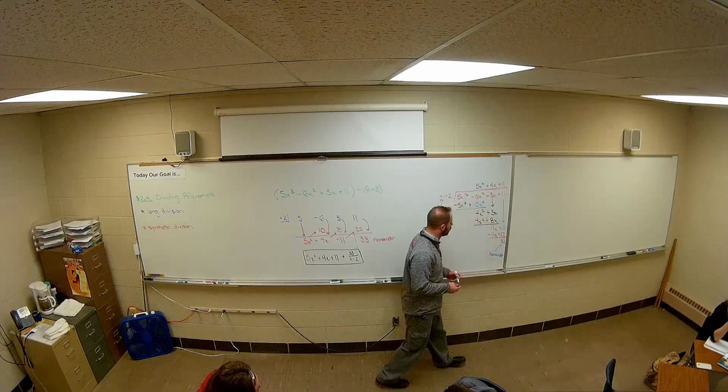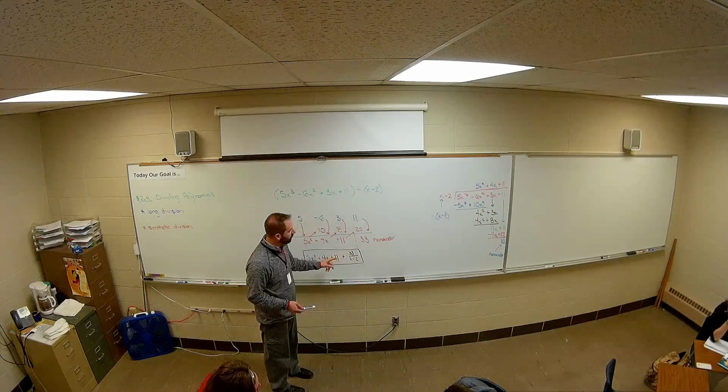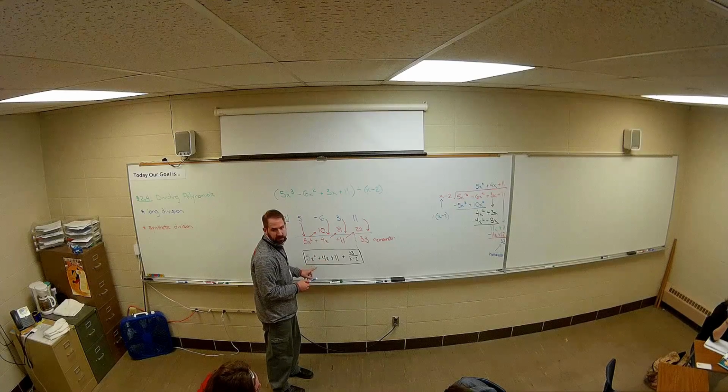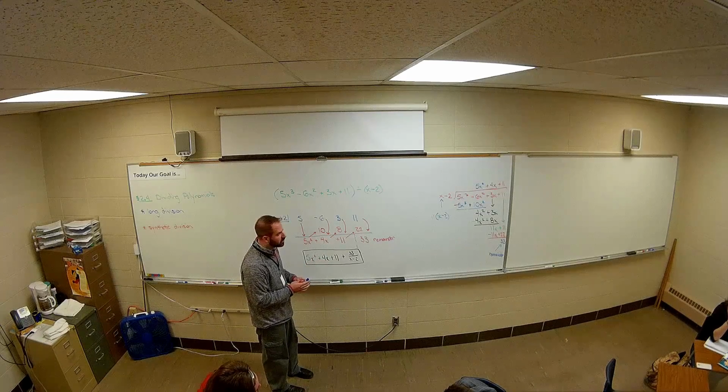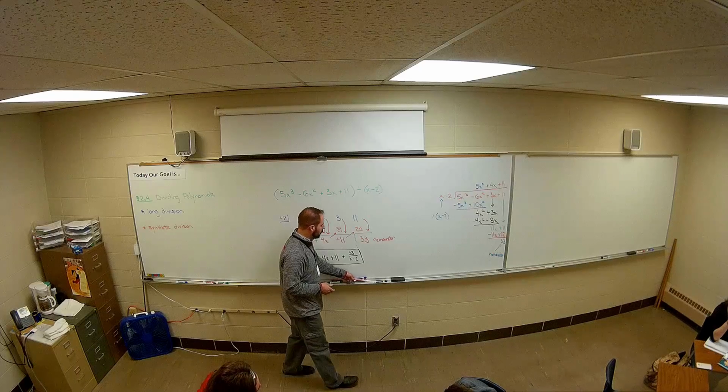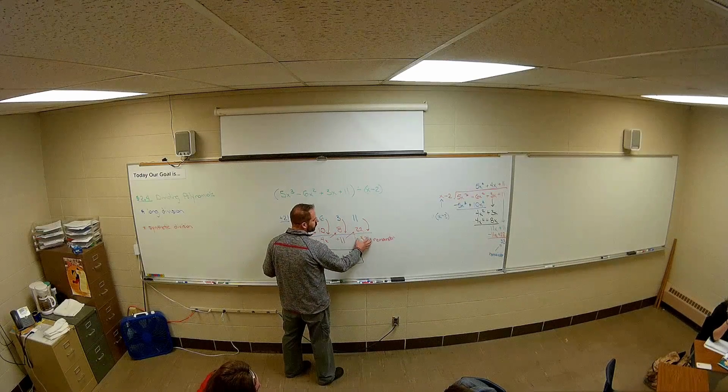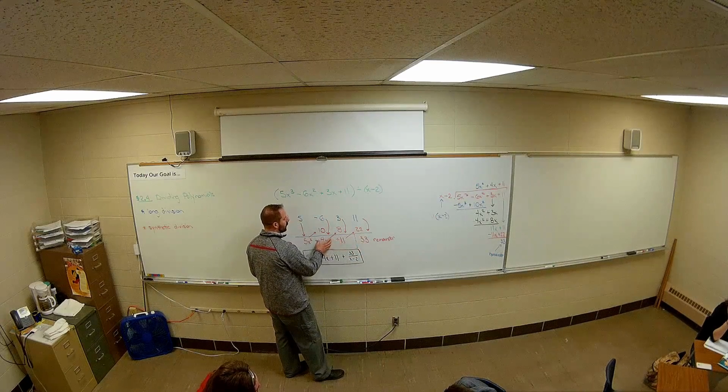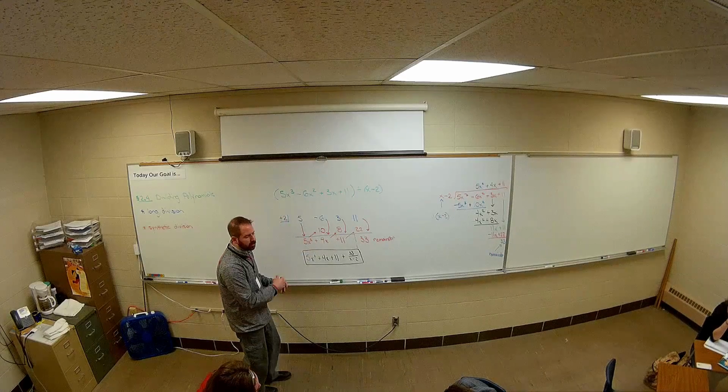So as you can see, my remainder was the 33, and everything on top of the house was exactly what I said. It just works out. It works out every single time. The last term is always the remainder, and then you always count up: constant, x, x squared, x cubed, whatever your answers are.